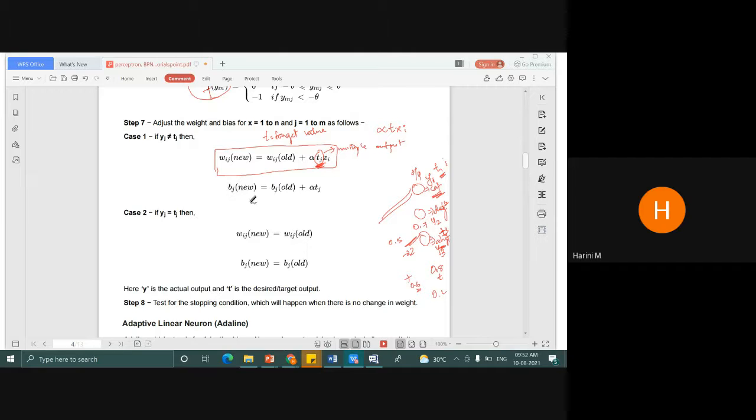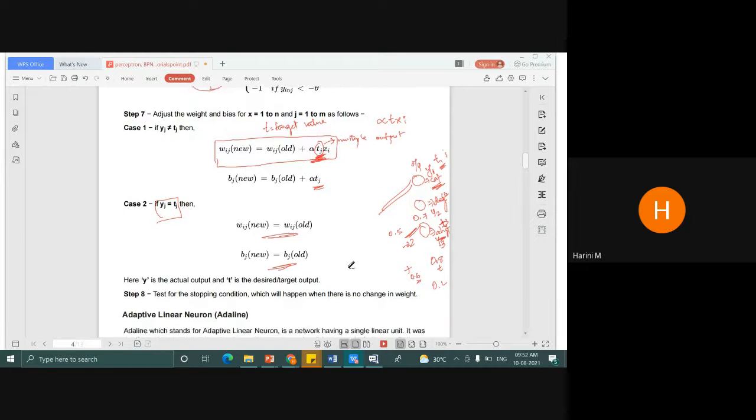Again, when coming to the bias part, you don't have the inputs here, because it doesn't have the association with the input. All you have to do is compare it with the target output. So your bias is updated here. If your target and the obtained value are the same, then you don't have to do any modification at all. Clear with this? So this is the only difference in the formula when compared to your previous perceptron and this multiple output units.